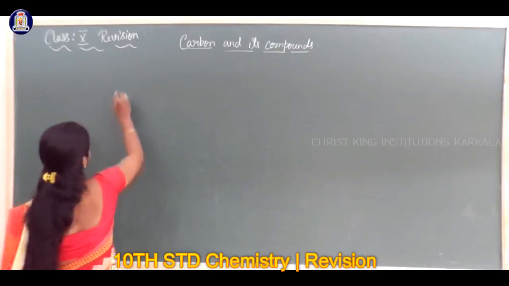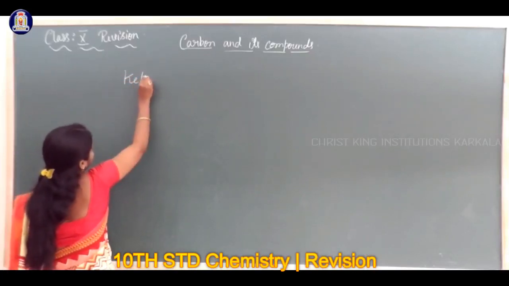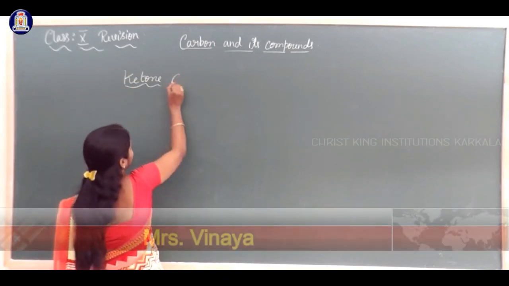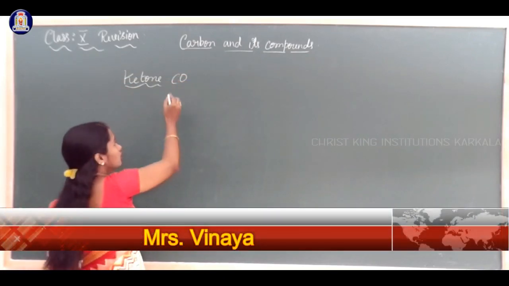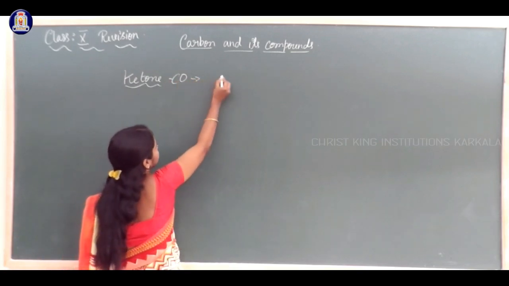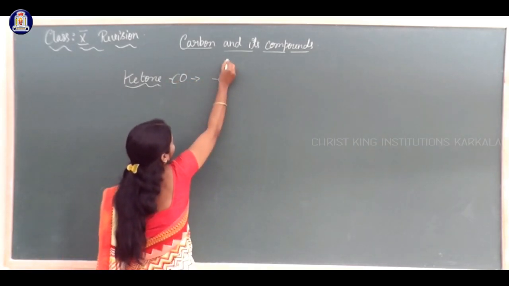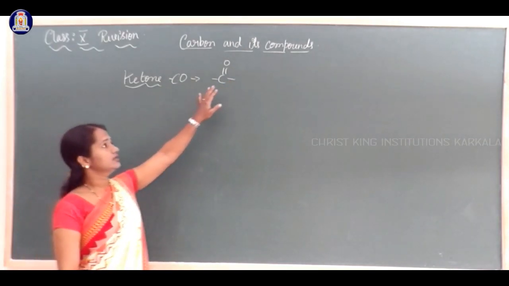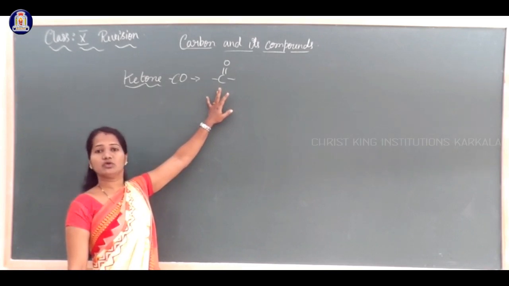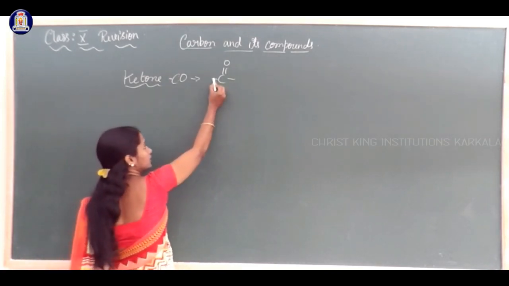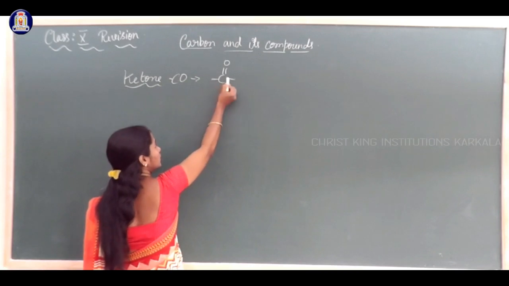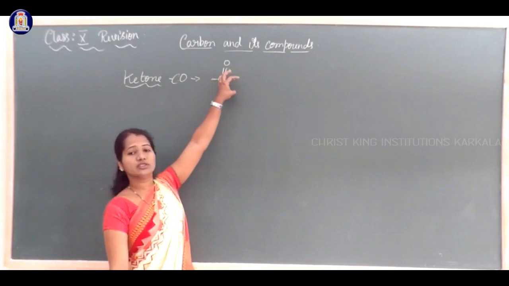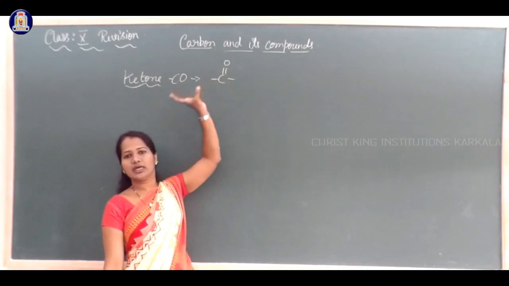Ketones. The functional group of ketone is CO. CO here does not mean carbon monoxide. This CO can be written as C double bond O. While writing the CO functional group, that is the ketone functional group, you can see I have put two bonds on either side of the carbon, which shows that this functional group should be in the middle of the carbon chain.